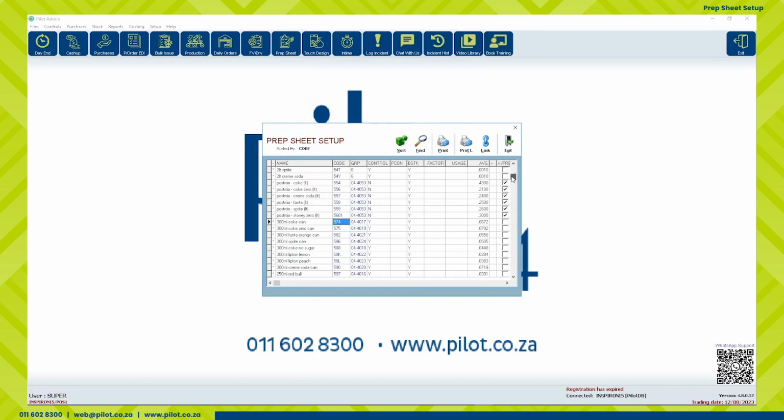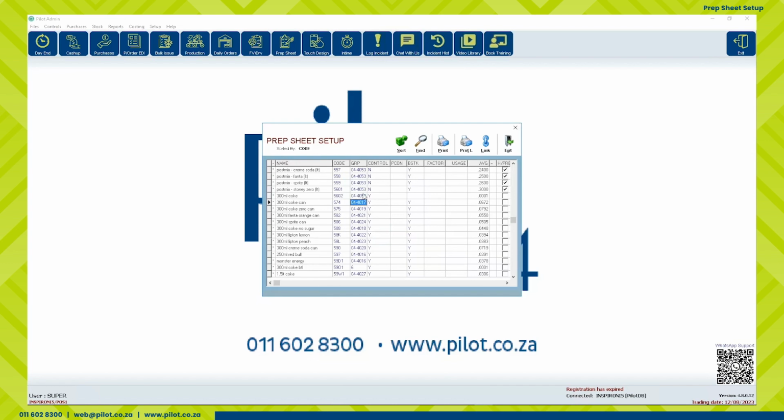When we punch in this new prep code, you will notice as soon as you punch in the number, the system will jump to the relevant position where that new item now sits. Next, let's continue to allocate a group, and to do this, we will again look at our other beverages and notice that they are allocated to group 4 with an additional code for their order within the fridge. If we want our new beverage to print with these beverages in this order, let's allocate this to group